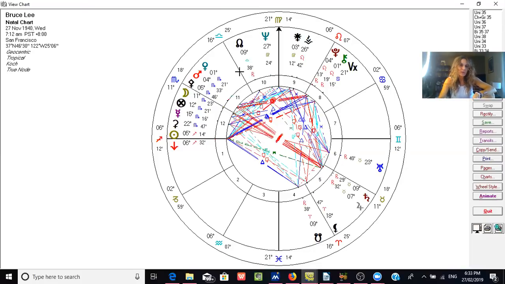Incredible intensity and focus, he was the 1-inch punch man. I've said this before in another video. You look at that punch and you can't actually see it. That's how quick it is. Very, very powerful athlete, sportsman, martial artist, so many things about this guy. And here we have Mars in Scorpio, Venus in Scorpio. But if you look at the 10th house, here's Neptune, which, to me, speaks to the